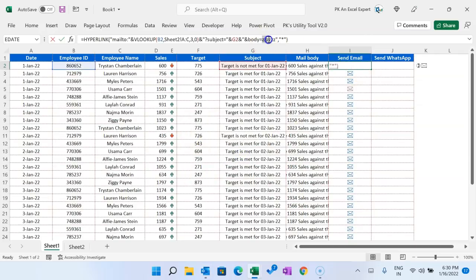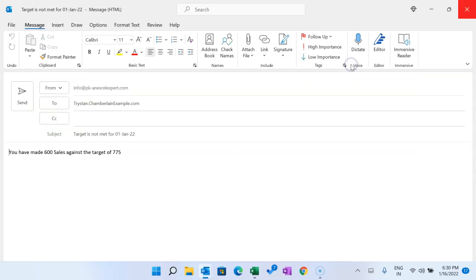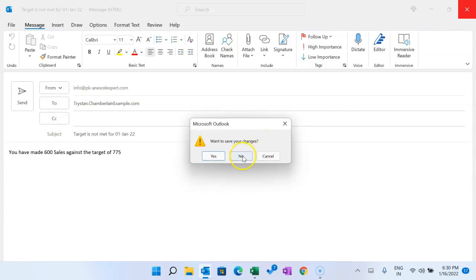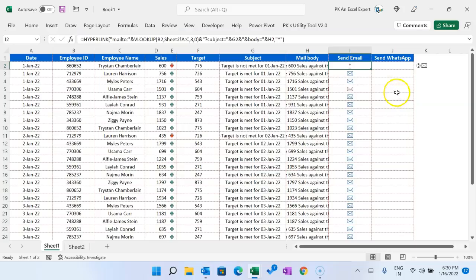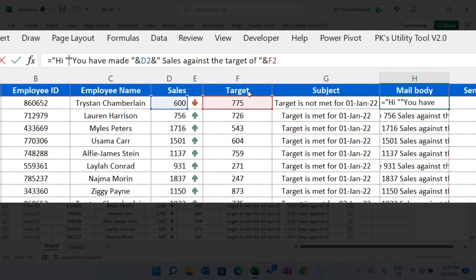But we want to connect with the cell, so what we can do, again I'll put here and I'll just select this and just hit the enter. And now if I click, here you can see it is showing this text. But now if you want to show the name of that particular employee and you want to put your own signature or whatever text you want, meaning multiple lines, what we need to do, let's use here first hi, space, and then we will use the name of the employee.